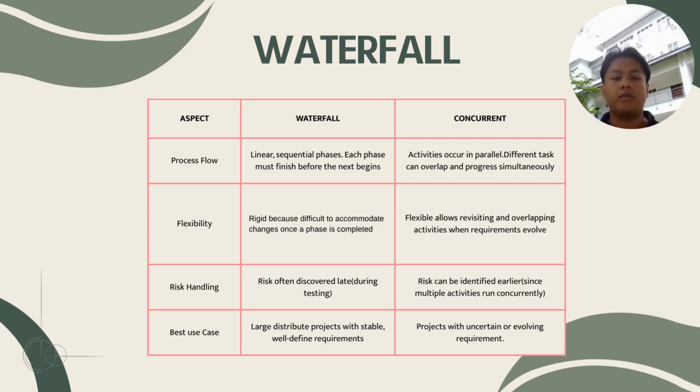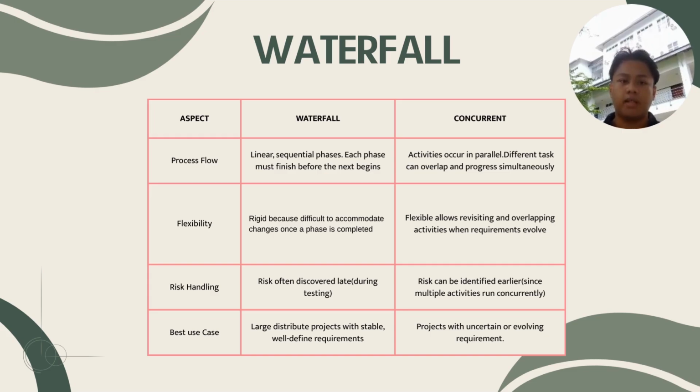Other than that, we look at the aspect of flexibility. The waterfall model is rigid because it is difficult to accommodate changes once a phase is completed, while the concurrent model is flexible, allowing revisiting and overlapping activities when requirements evolve. The third one, risk handling. In waterfall, risk is often discovered late during testing, while in concurrent, risk can be identified earlier since multiple activities run